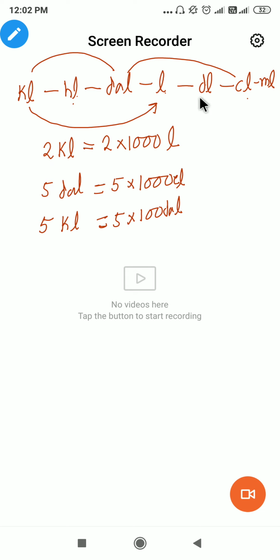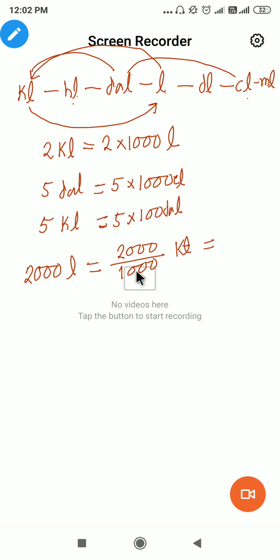So now if you want to convert liter to kiloliter, then what happens? Suppose 2000 liter is given. You want to convert this to kiloliter. So you have to go backward, in the direction from liter to kiloliter. How many rooms do you have to go back? 1, 2, 3. That means you have to divide with 1000. Clear? So this will be 2